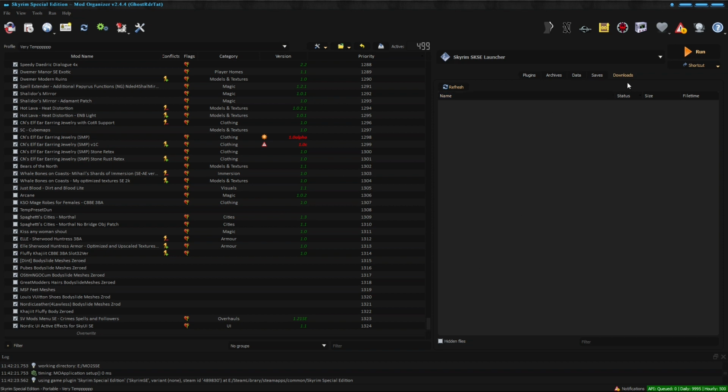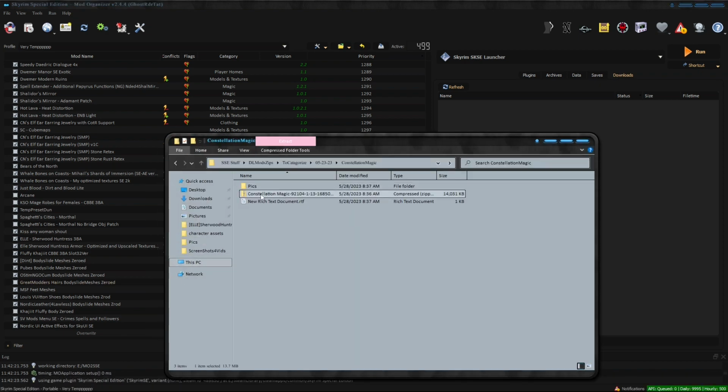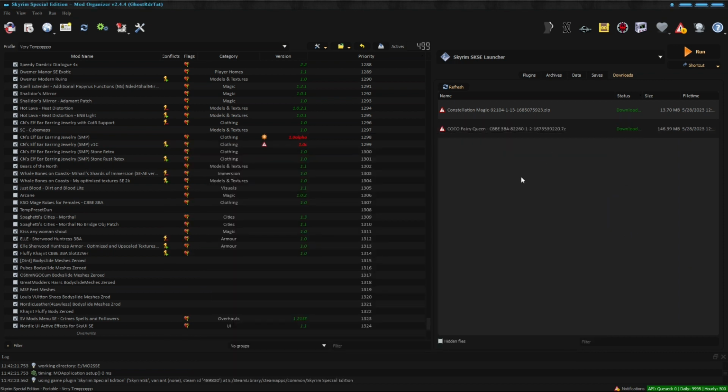But anyways, so what you got to do is go over here to downloads. Now you go to where you downloaded all your mods and just drag them over. And we downloaded those 2 mods that we're going to install. And you just do both of those. Now both of these are in your downloads folder. So go ahead and query the info. That's going to update its, I guess it's metadata or something. Okay, so once that's been